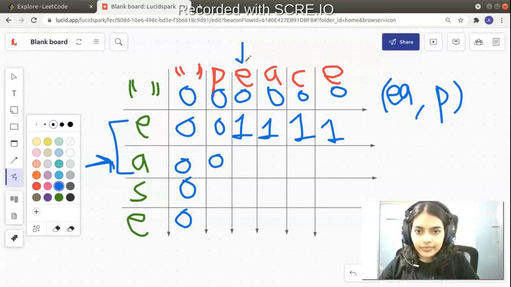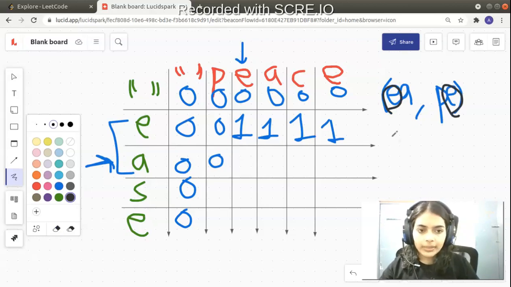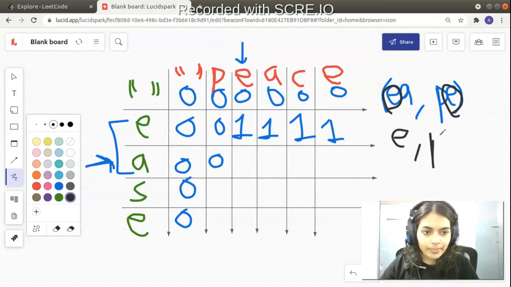Let's go to the next column now. Between this row and column, what does that mean? Between EA and PE, how many characters do you have in common? You can observe that now you have characters in common: the character E and the character E. And how do you know that? See in the DP table, before we added A here, if you just look at E and PE, there itself we saw that E was common between both.